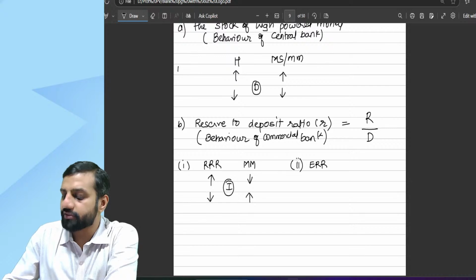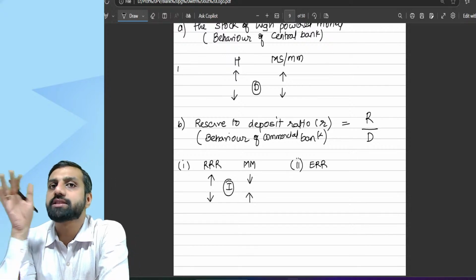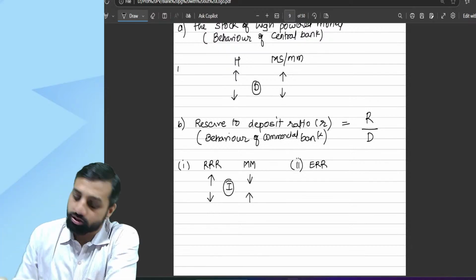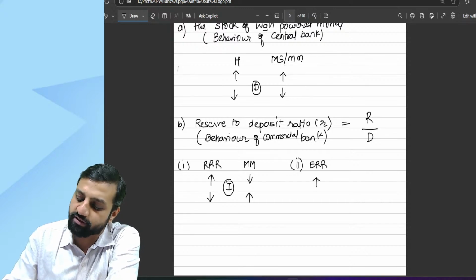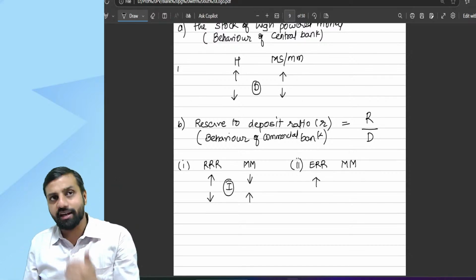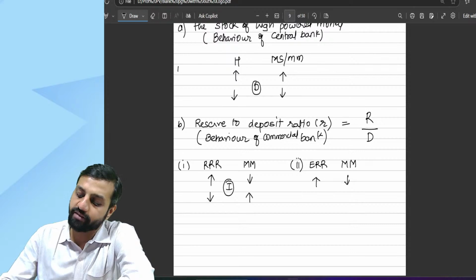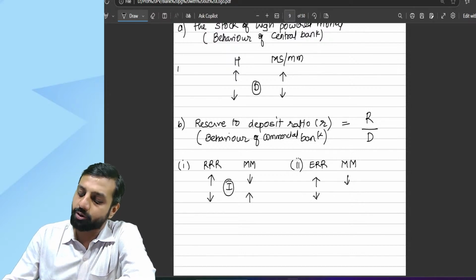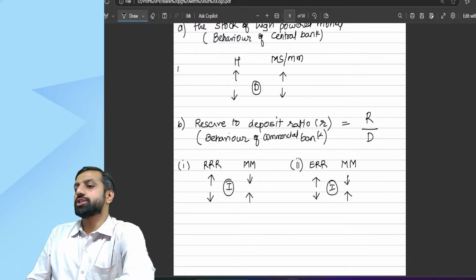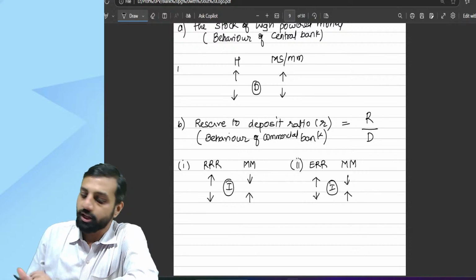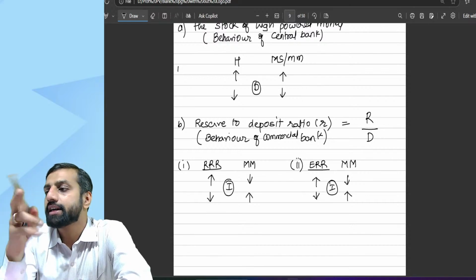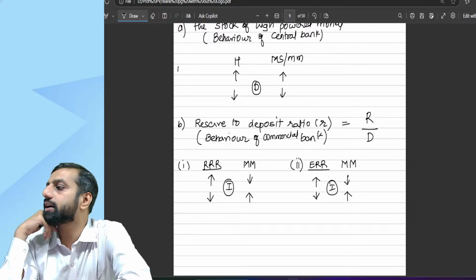Then there is the excess reserve ratio. Required is compulsory, which RBI tells us to maintain. Excess is a bank's choice. So if banks maintain more than the required reserve ratio, it is called the excess reserve ratio. If banks keep a higher excess reserve ratio, then the money multiplier will be less. If banks keep a lower excess reserve ratio, then the money multiplier will be more. So again, the relationship is inverse. Whether it is the required reserve ratio or the excess reserve ratio, in both cases the relationship is inverse. Absolutely correct, Faridul.